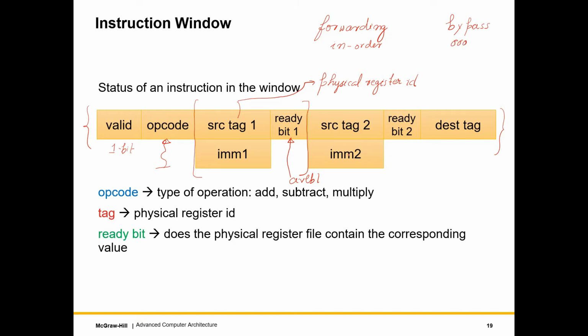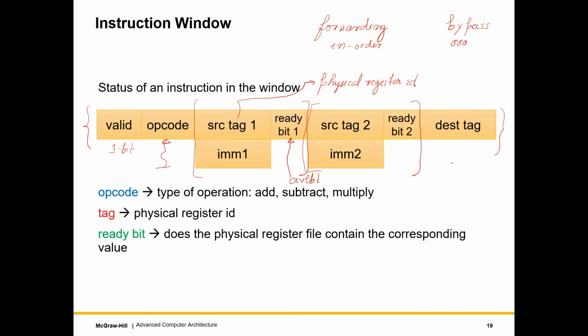So in out-of-order pipelines, instead of using the term forwarding, we'll use the term bypassing. So bypassing, forwarding, same thing. Forwarding in in-order pipelines, bypassing in out-of-order pipelines. And the ready bit basically indicates if we have the data with us, which means it's an immediate. We of course have another bit to indicate if it's an immediate operand or a register operand, that I'm not showing. And it stores the source tag. Source tag is nothing but the physical register ID. Similarly, we have exactly the same copy of this information for the second source operand, if there is one.